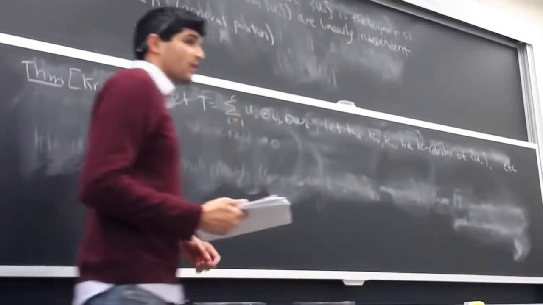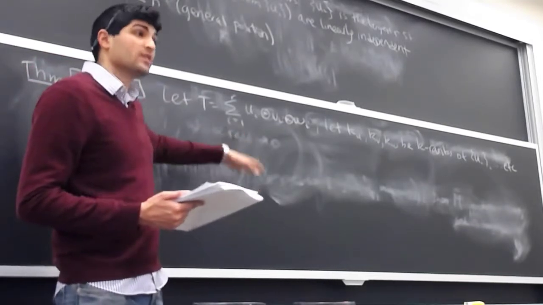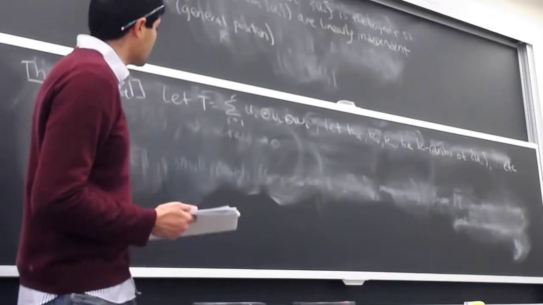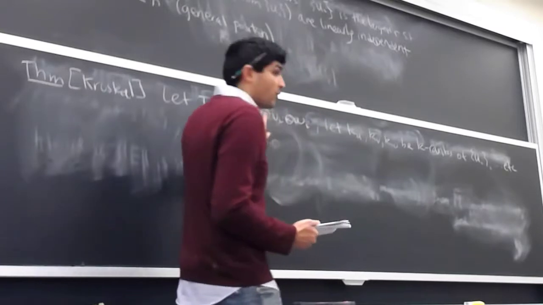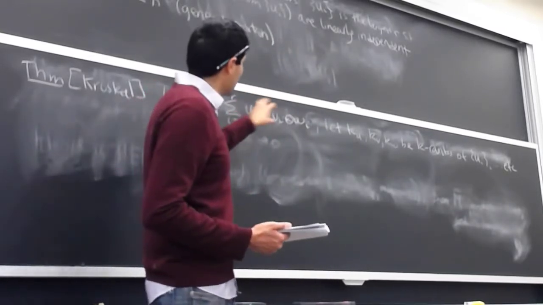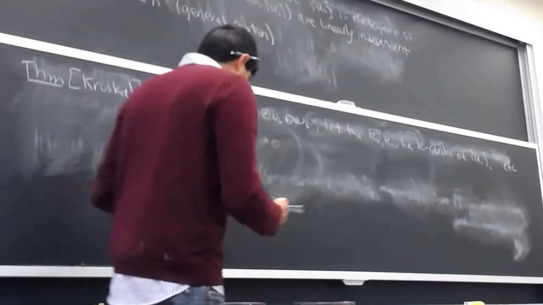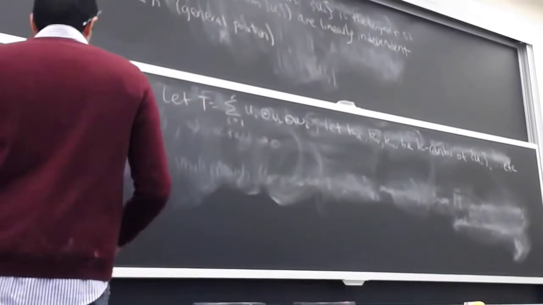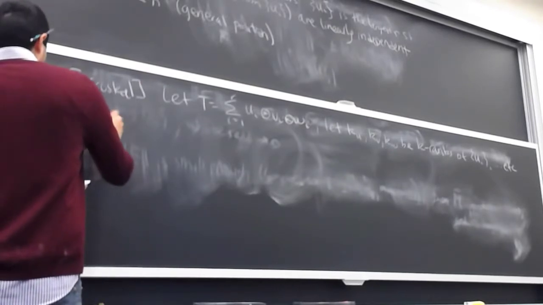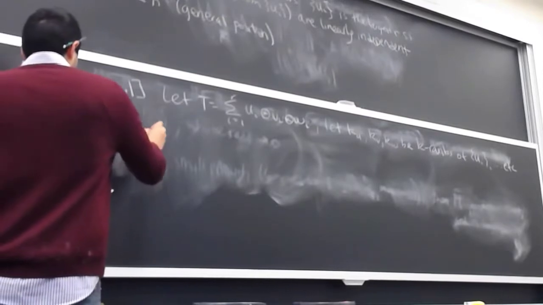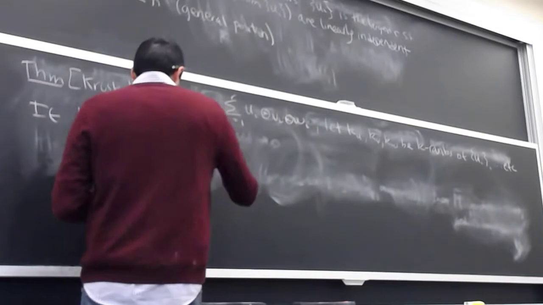So we have our tensor decomposition, and now we're going to be interested in cases where the rank is not n, but is larger than n, like 1 plus epsilon times n. And what we're going to say is that Ku is the Kruskal rank of the u factors, Kv is the Kruskal rank of the v factors, Kw is the Kruskal rank of the w factors. And what he showed is that if Ku plus Kv plus Kw is at least 2r plus 2,